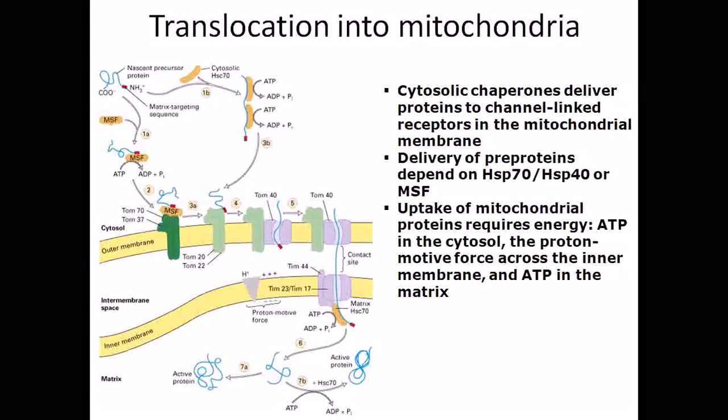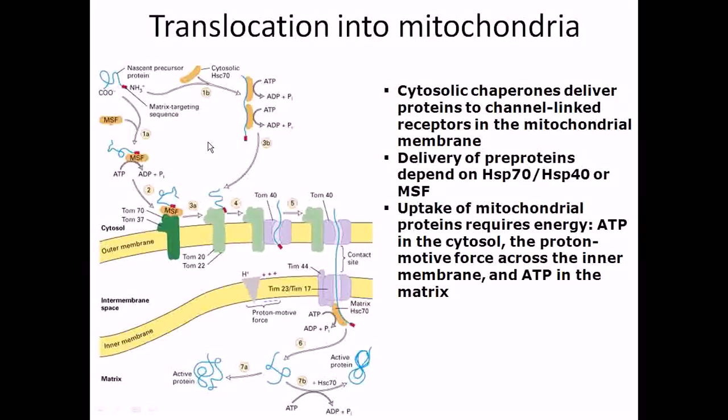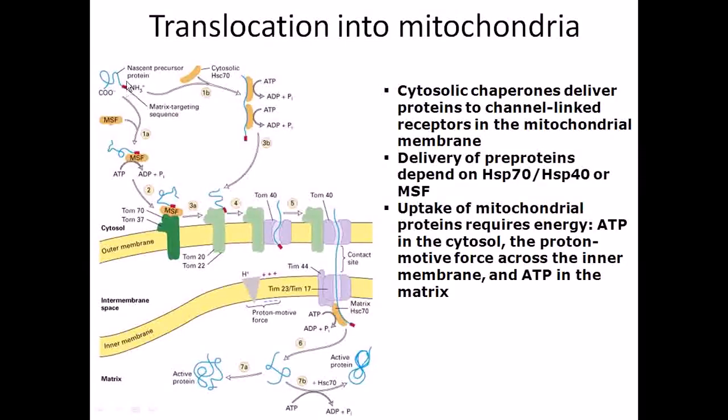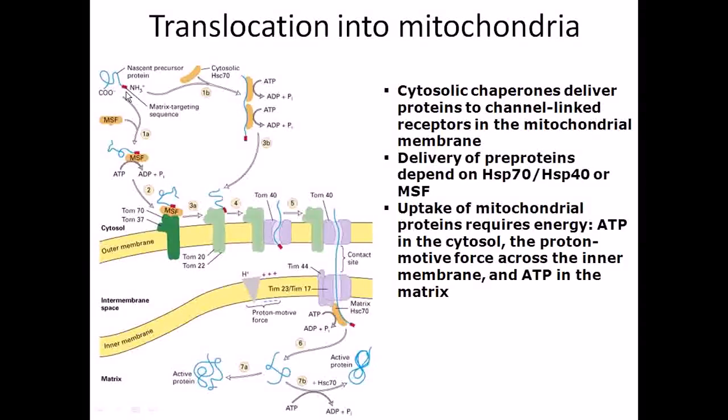Now, if you look at the translocation of a protein into the mitochondria, because I've told you that we'll be talking about each of those different sections independently. So the translocation into a mitochondria, how does it actually work? Normally, the idea is that we have an unfolded protein, or slightly partially folded protein, in the cytoplasm, and we need to deliver it inside the mitochondria,